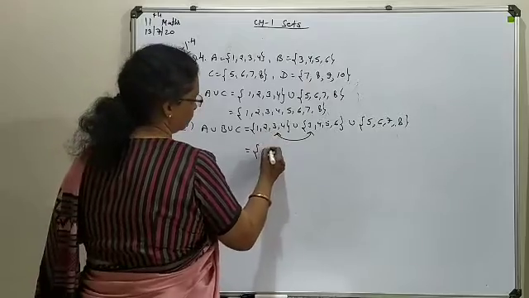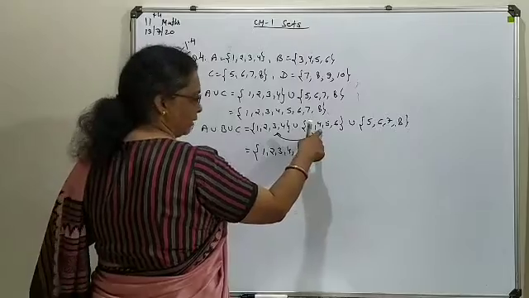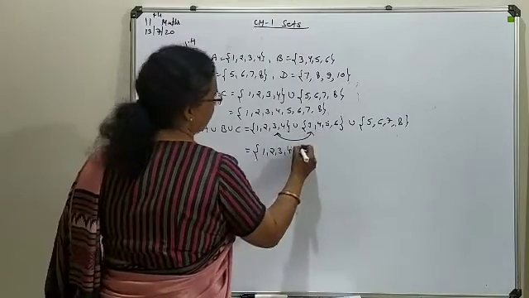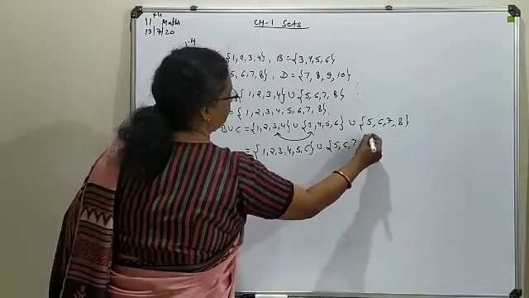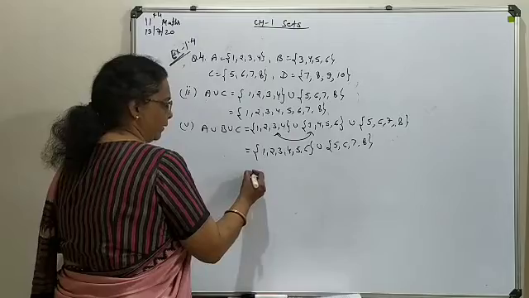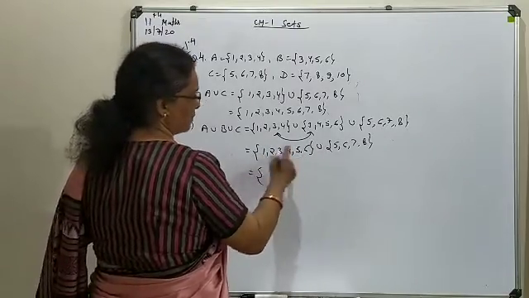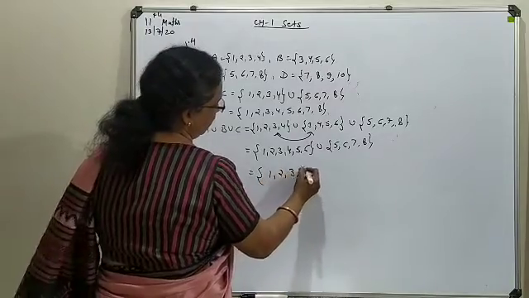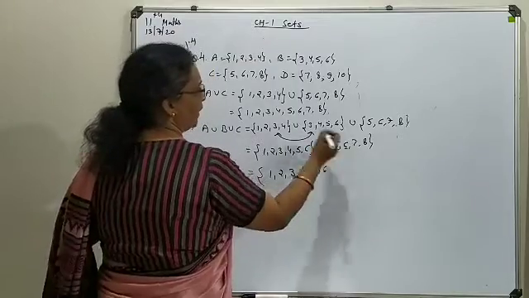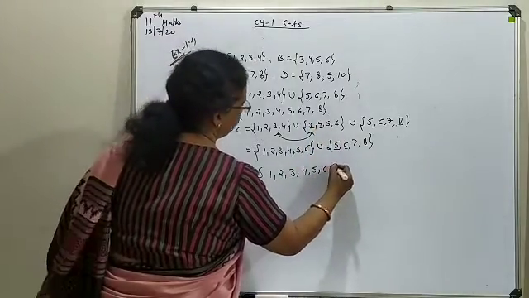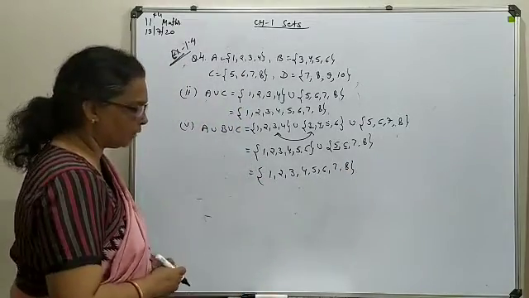1, 2, 3, 4, in order try to write. Now here 3, 4 are already written, so we have copied. 5, 6 remain, so you will write 5, 6 here. Union with 5, 6, 7 and 8. Now again combine them as a union of 2. So here 1 to 6, 1, 2, 3, 4, 5 and 6. 5, 6 you have already written. So the remaining 7, 8 you will copy over here. So this way 3 sets you can combine in union form.